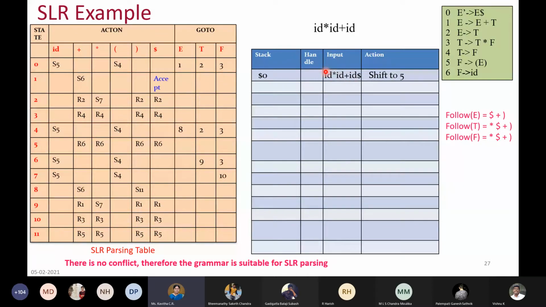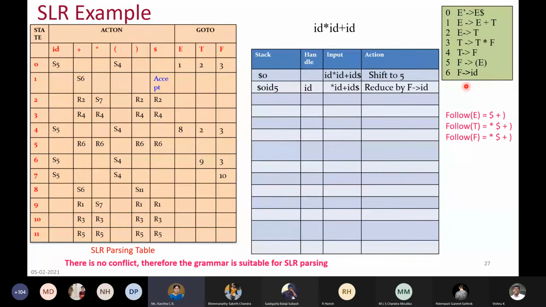We are pointing at ID, and at 0 on ID it is S5, so you can shift to 5. So you're going to push this ID and push the state also, and now ID is eligible for the replacement. Therefore, look at state number 5 on star, because we are reading star. At state number 5 on star it is R6.